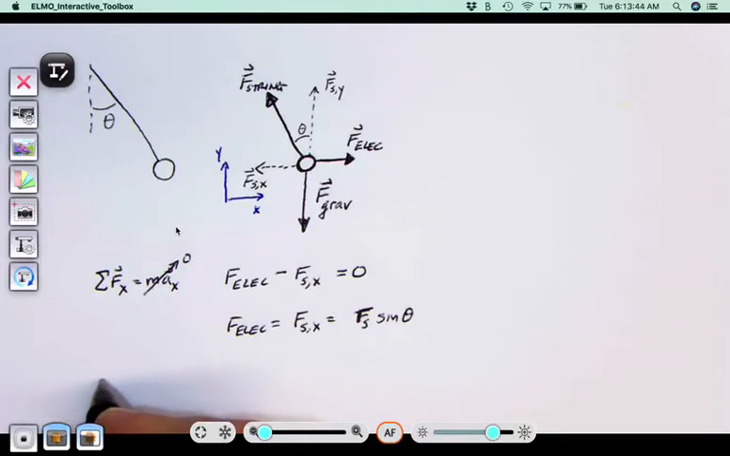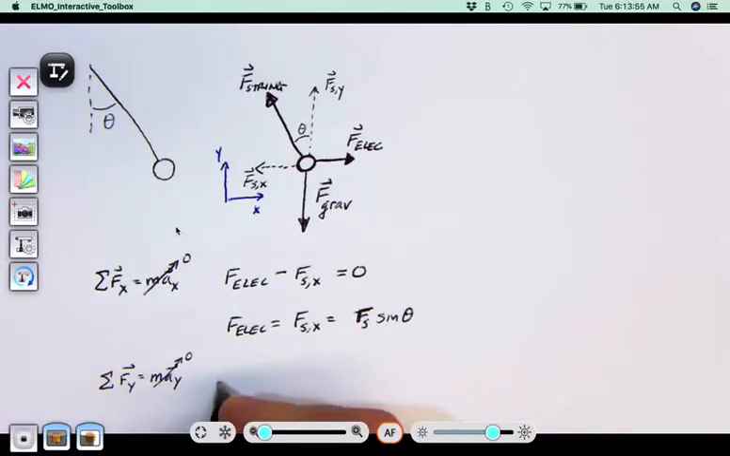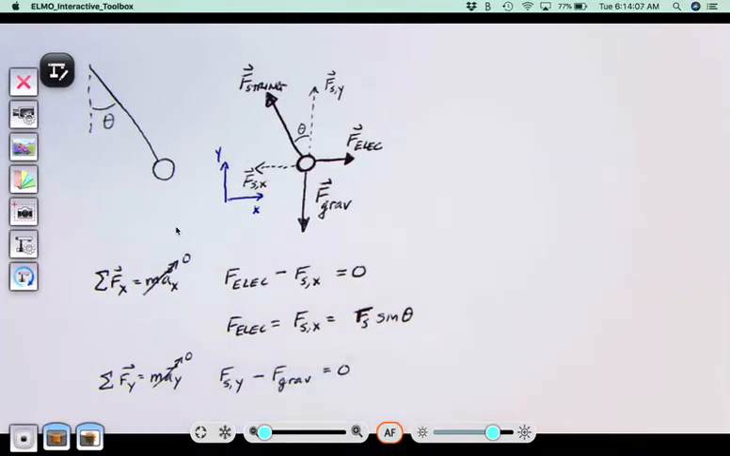All right, let's do similar analysis in the y. Sum of the forces in the y is also equal to mass times acceleration in the y, but again, at equilibrium, that's 0. So that says that the string force in the y minus the gravitational force equals 0. Or we can write that the gravitational force is equal to the string force in the y direction, which is equal to